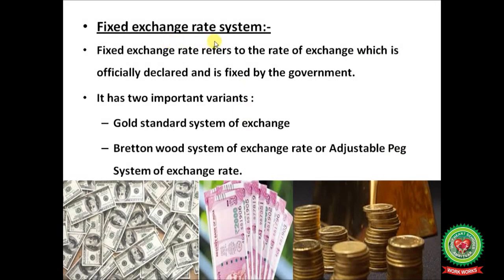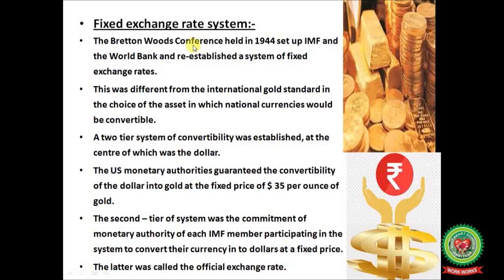Fixed exchange rate system. Let's understand. Fixed exchange rate system refers to the rate of exchange which is officially declared and is fixed by the government. It has two important variants: the gold standard system of exchange and the Bretton Woods system of exchange rate, or adjustable peg system of exchange rate. Under the fixed exchange rate system, the Bretton Woods Conference held in 1944 set up the IMF,